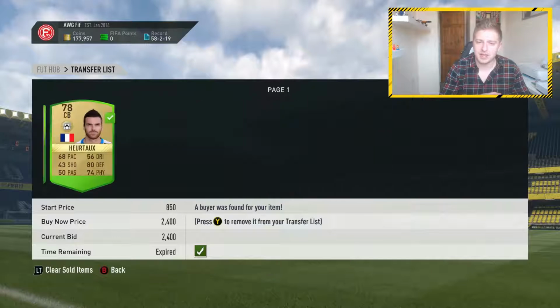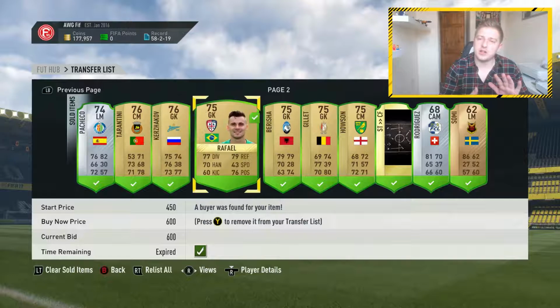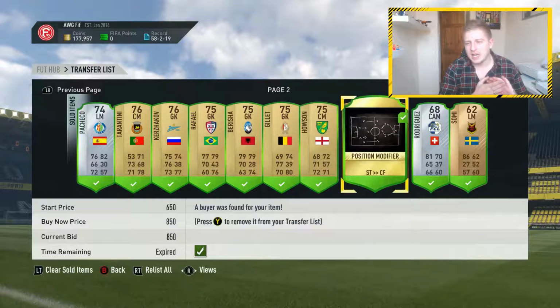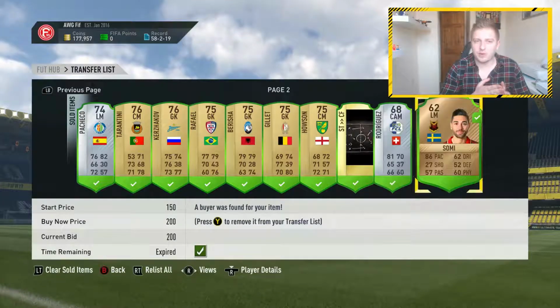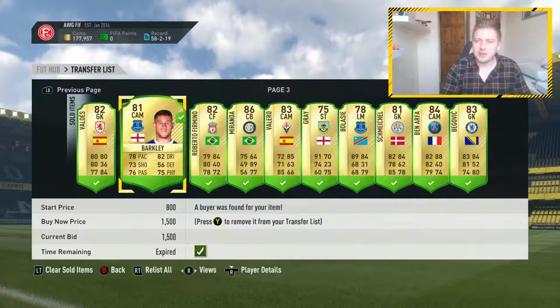You see that French centre-back there selling for 2.4 thousand. So I just don't know what to do. We could do with the coins now because we really need to improve the team. So I don't know what I'm going to do going forward. Maybe when it does get to a point where people are...